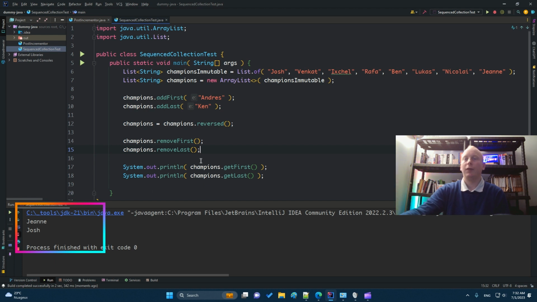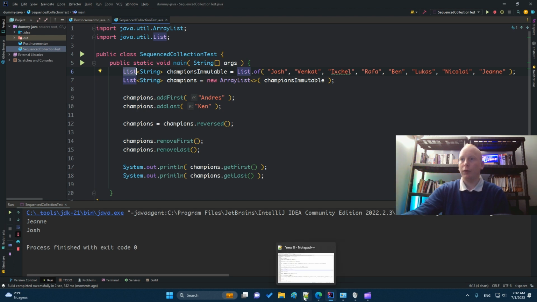Okay, that's it. So to resume, add first, add last, reverse, remove first, remove last. You can use this directly from a simple list that has been enhanced thanks to Java 21 sequence collection feature.